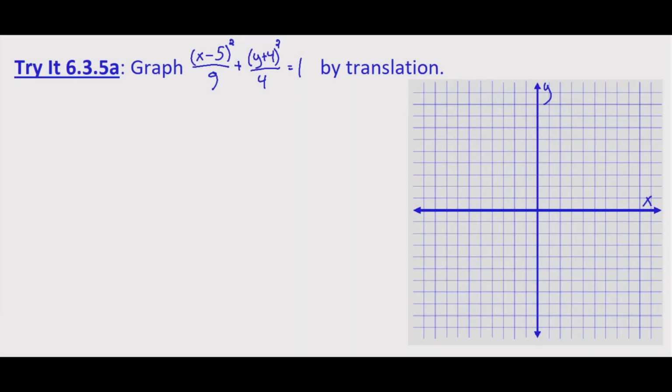So now in this problem, we're asked to graph an ellipse by translation. So essentially what that means is let's find what it looks like if it were centered at the origin, and then let's move it based on the fact that the center moves. All of the other points are going to move in the same way that the center does. So let's first off,